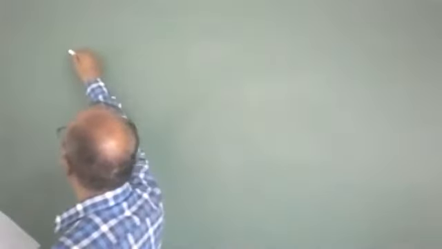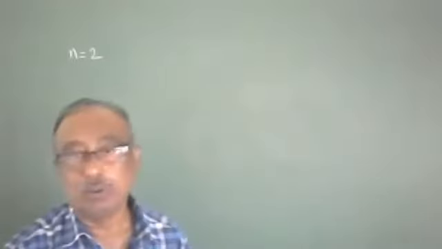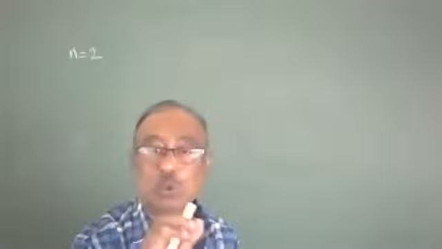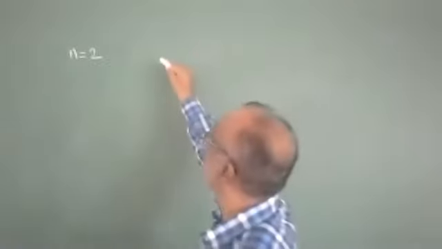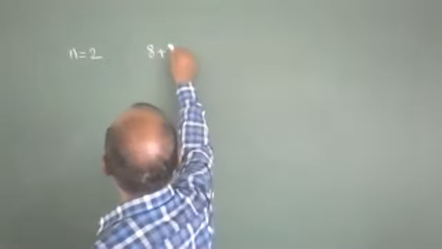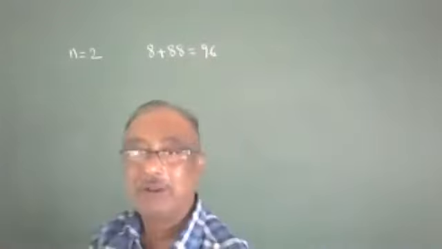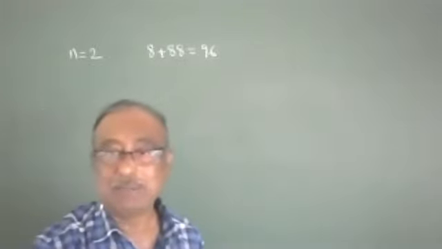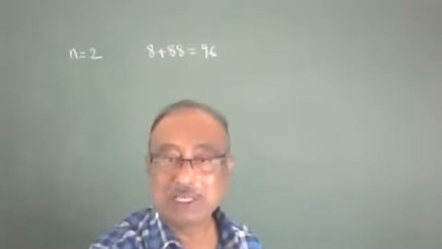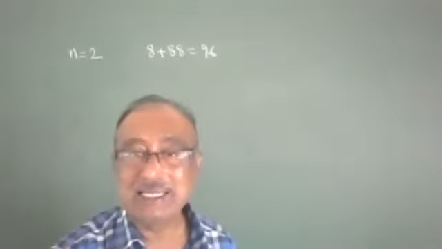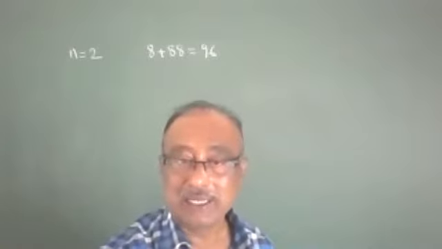In this problem, we are going to take n is equal to 2. N is equal to 2 means the first two terms should be added for the problem. So that is 8 plus 88. Its value will become 96. Okay? Verify the options. In the first option, in place of n put 2, second option n put 2, third option n put 2. Whichever gives 96, that is the correct answer. Okay? So which answer are we getting? The 96, that is the correct one.